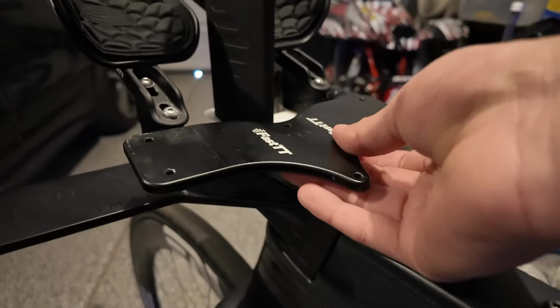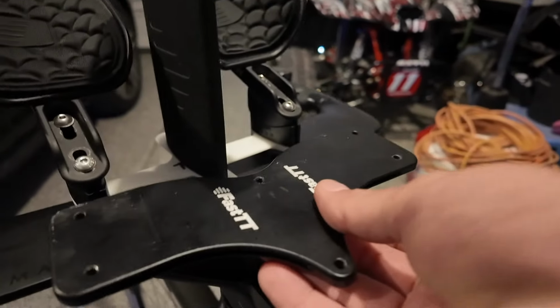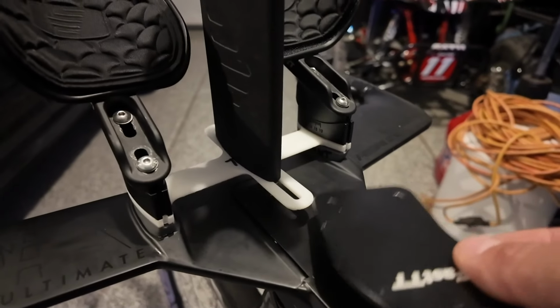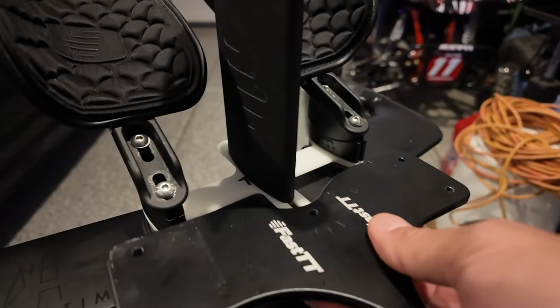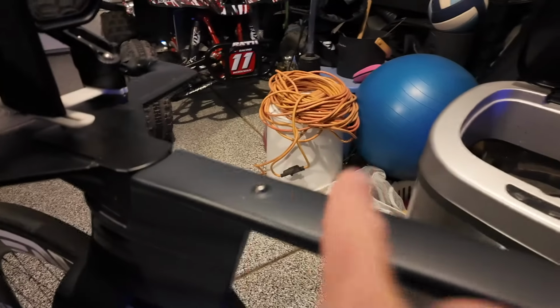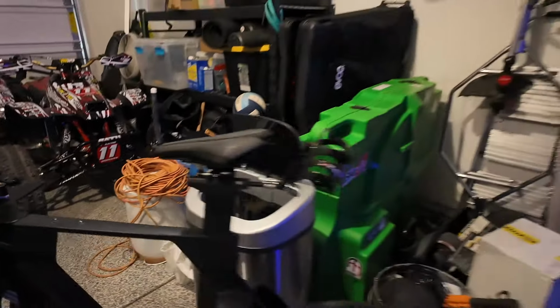But the problem is I have to also drill some holes in this. So you can see here, it's a bit too big, a bit too wide. So I have to drill some holes to where I could take out this plastic piece, this 3D printed piece, and put this in there. The only other option is I can use these two bolts here,